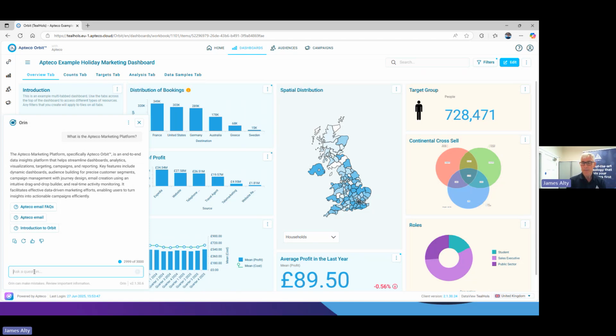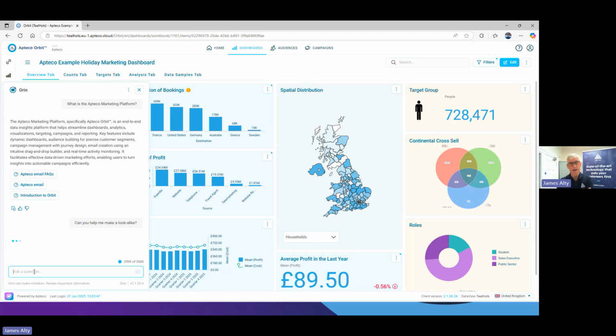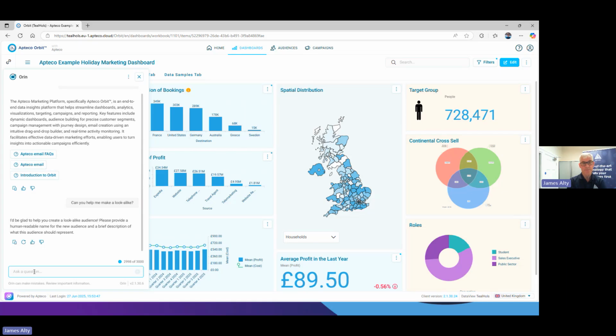And at tier 1, though, our first production release, we are able to use wide-ranging knowledge of the platform, of its positioning, of its purposes, of how to do things. And so can you help me make a look alike, for example? And Orin will guide us as best he can. So it's actually telling me, we've got to start somewhere, and we've got loads that will come into Orin over the years, months, and sprints to come,